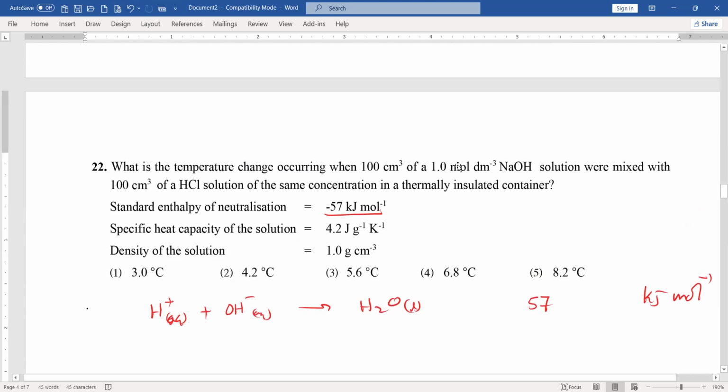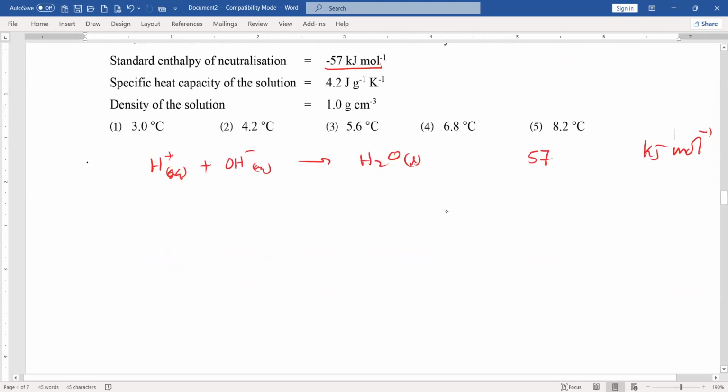Here, sodium hydroxide gives us the OH minus ion, and HCl gives us the H plus. So this is related to the HCl, and this is the NaOH. How can we get it? Because the HCl, once dissolved in water, will break into constituent ions like H plus and Cl minus. Sodium hydroxide also gives sodium plus and OH minus ions. Therefore,